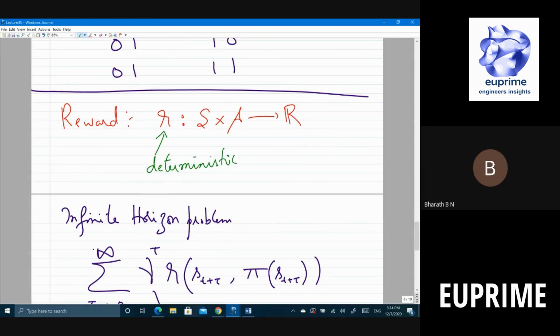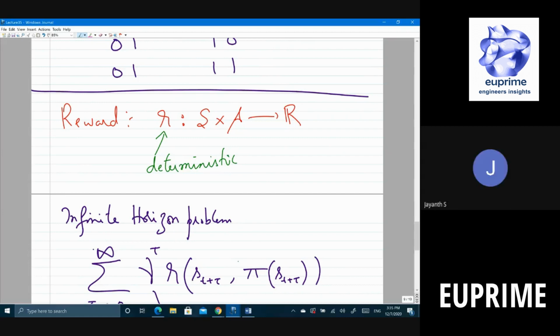For example, in the robot example, if you can measure the distance very accurately, you are in some location which you know exactly, that's the state, and you take an action. For example, you say move to the right by half a meter, then you move to the right, and you know the distance exactly, so you know the reward exactly. There is no randomness there. If there is some measurement noise, there could be some randomness. Of course, if it is random, you cannot write it like this, as a mapping from state cross A to a number. Is that okay?